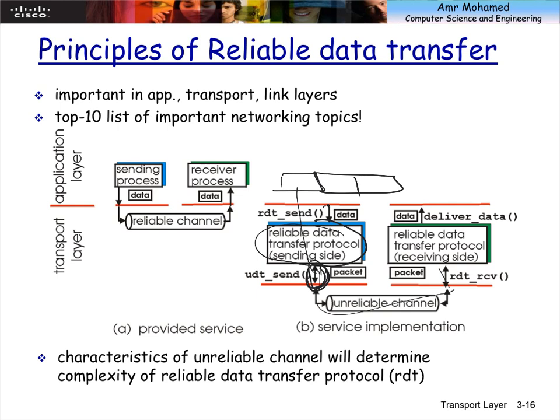So to do this, we have this bidirectional, although the direction here is one, so either you go down or you go up, like here. This is at the receiver side. Of course, this is the sender, and this is the receiver. Okay? But here, to provide reliable data transfer, you probably need to do some verification that the segment has arrived on the receiver side. Okay?